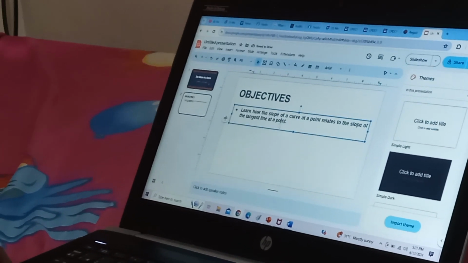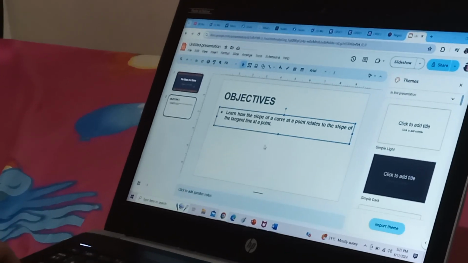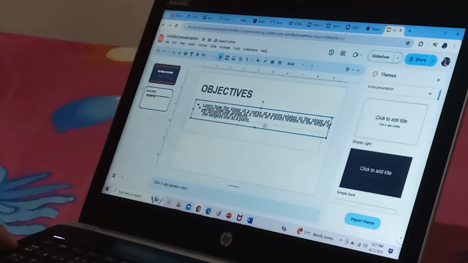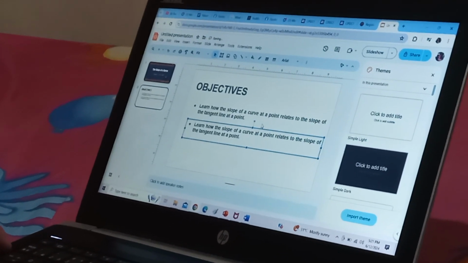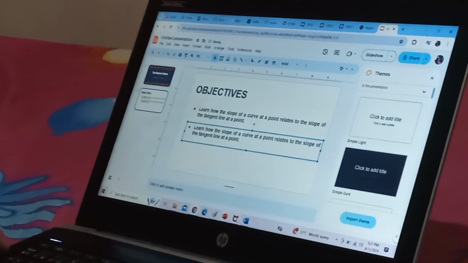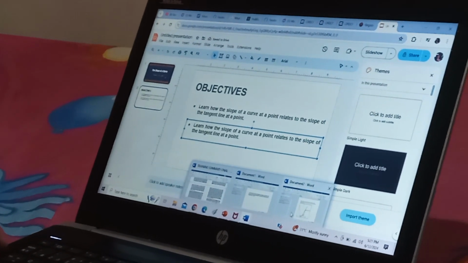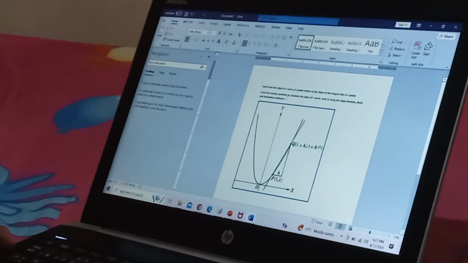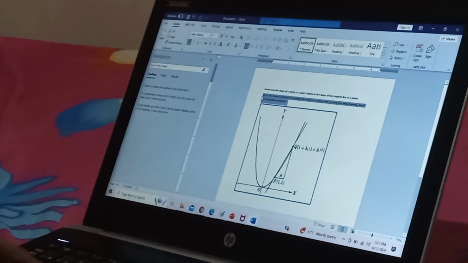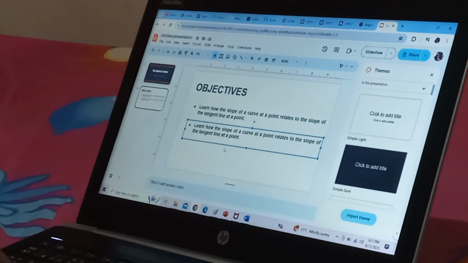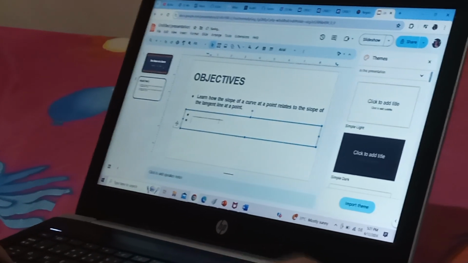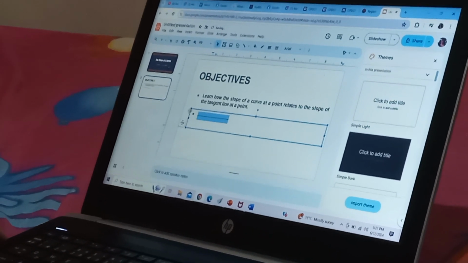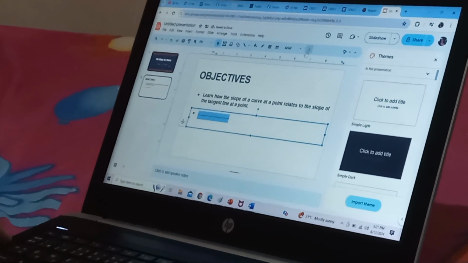And if you have another objective, you just copy and paste the box, then place the text with another objective. Okay, and change the font size.